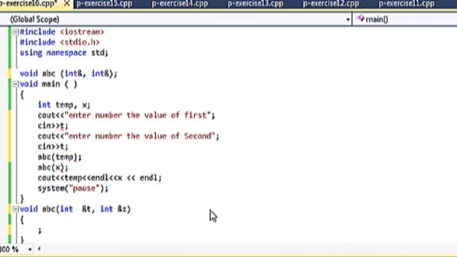Okay, here the value should be read in temp, and here the value should be read in x, and then